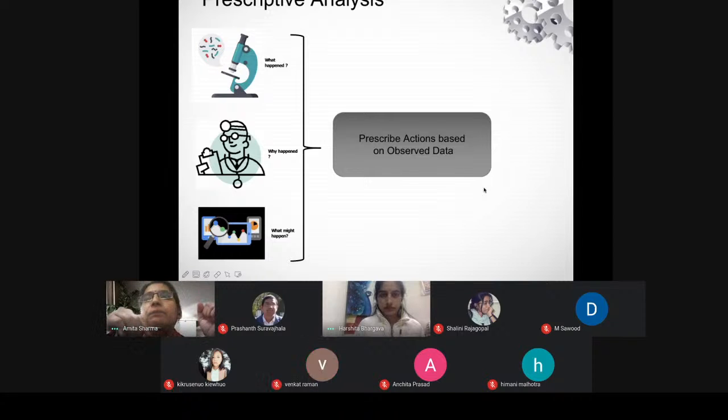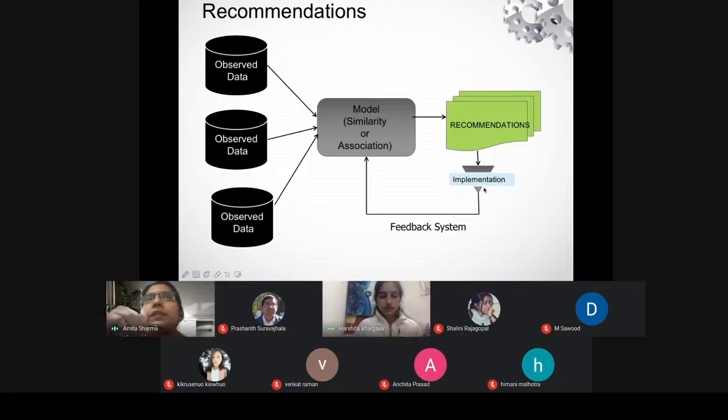Next slide. So how does prescriptive analytics work? We have different kinds of observed data. We gather it either from descriptive analysis, or we have raw data also. Sometimes we have some data from predictions. We have data from diagnostic. All kinds of data are taken care of in this analytics.